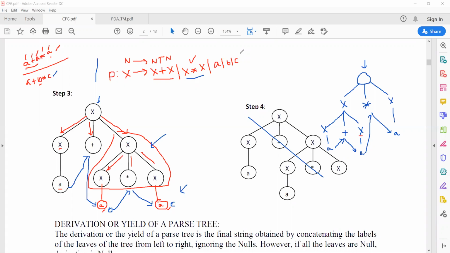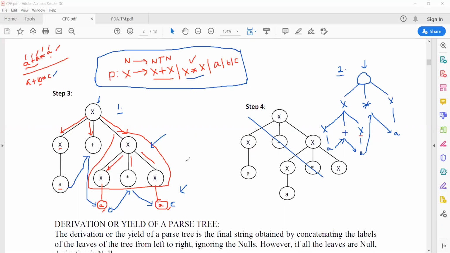So once you get it, this type of grammar, this type of production rule, is called an ambiguous production rule. It will have an ambiguity in a production rule, because you are not able to restrict any of the sides. So you should restrict that. Otherwise, it will produce the ambiguity, because for that problem you have two different parses.